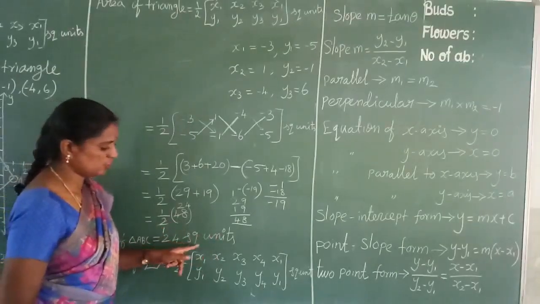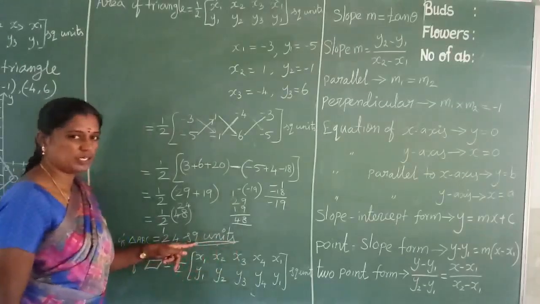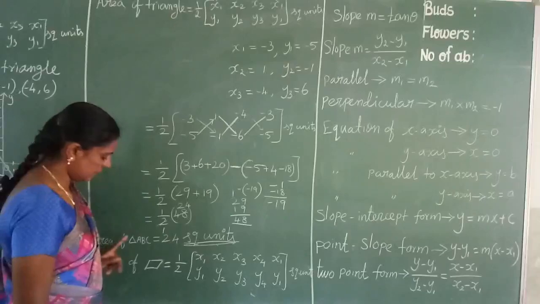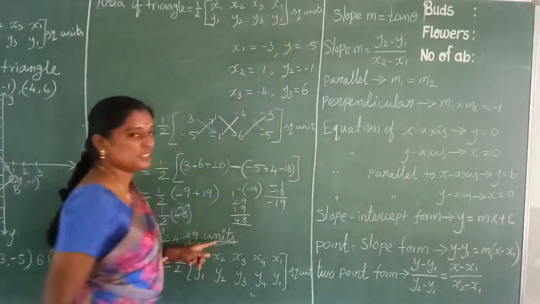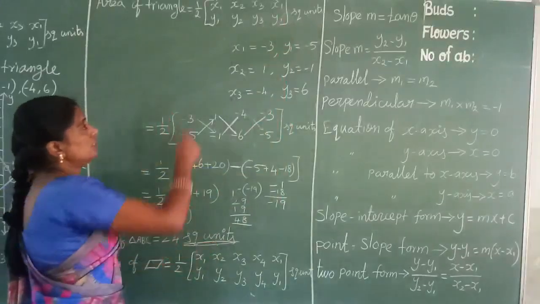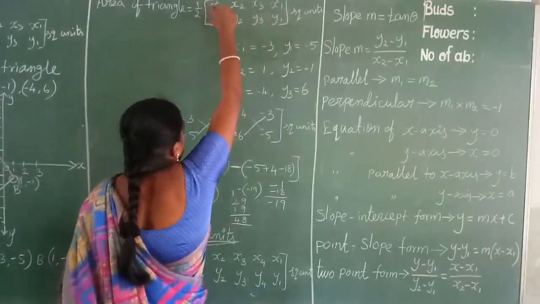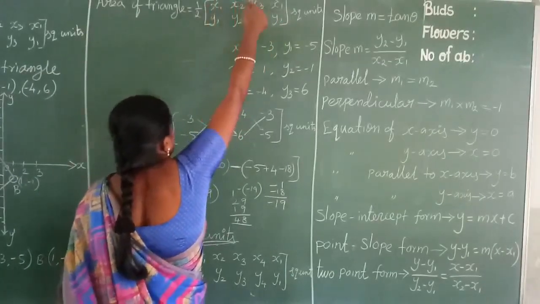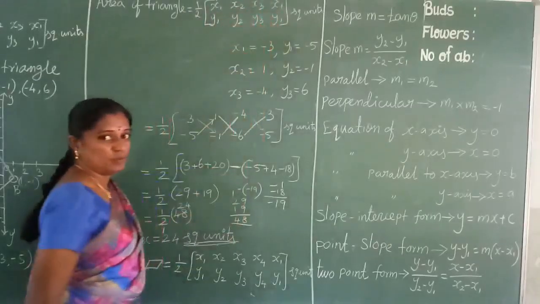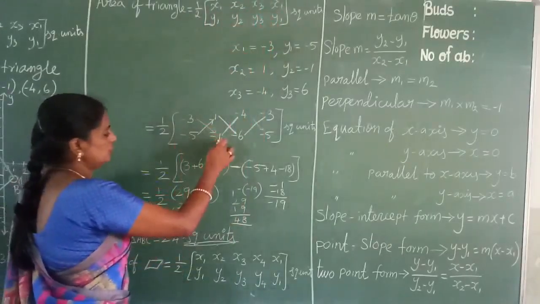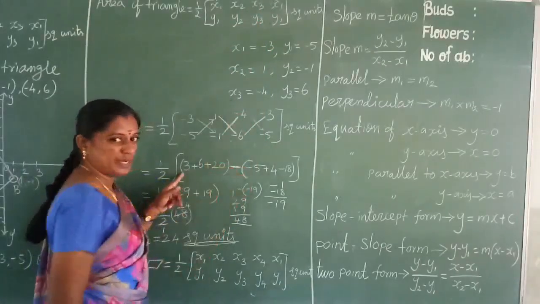At last you must mention square units. That is compulsory. That is a very important point. So the area of the triangle is equal to 24 square units. In the formula also you mention square units. So easily keep in mind 1 by 2; in the top place you write all the x values x1, x2, x3, again x1, and below y1, y2, y3, y1. Up to down take plus, down to up that is minus.